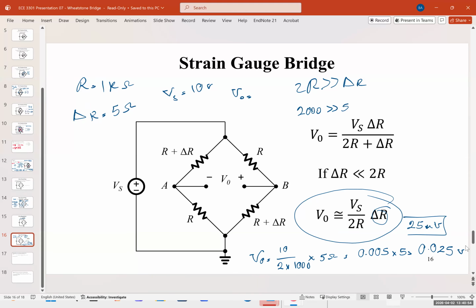this is also used as a thermocouple. Resistor, obviously resistance also changes with temperature. So if you change the temperature, you're going to change the resistance, therefore you're going to change the output voltage. It is also used as a photodetector as well. So we have these thermistors, we have these photoresistors